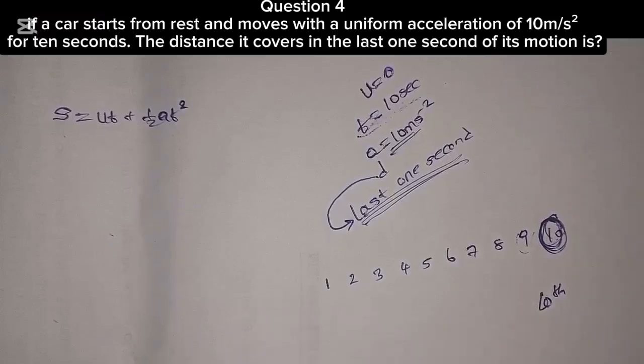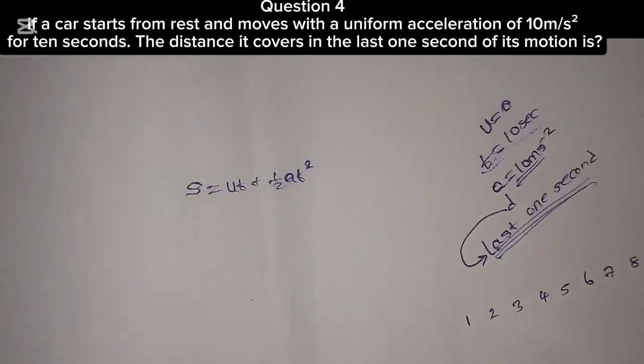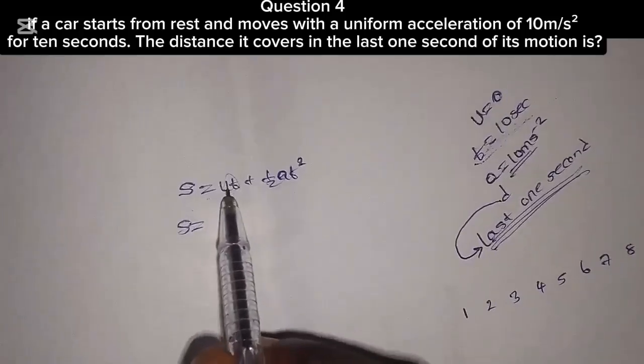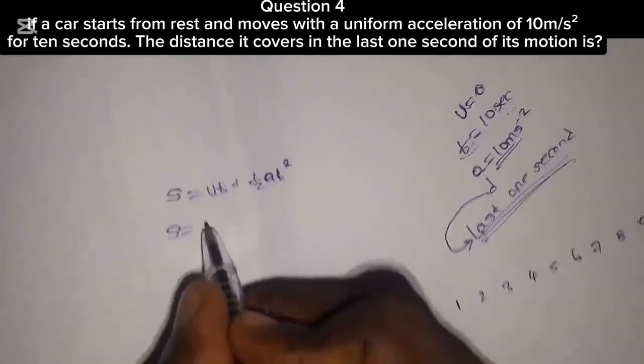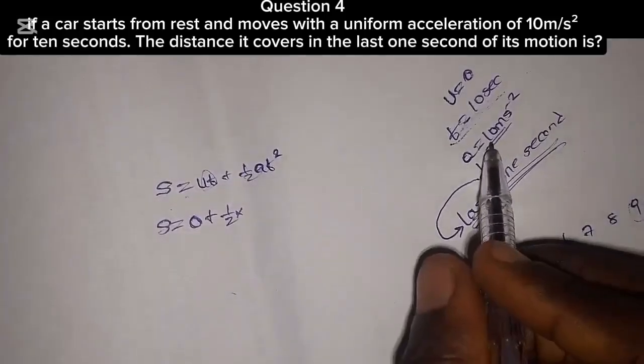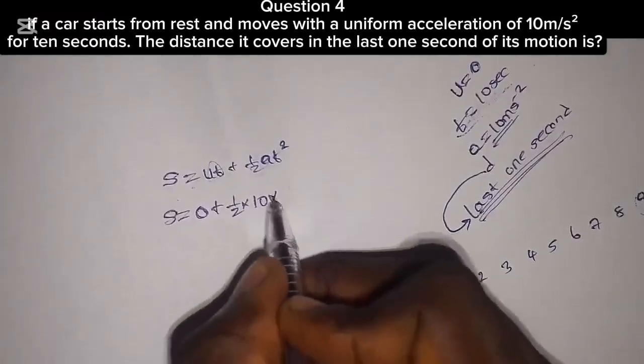So let me tell you how to calculate this. At first, S equals U, which is what? 0. So 0 times anything still gives you 0. Then plus half times our acceleration, which is 10, then times